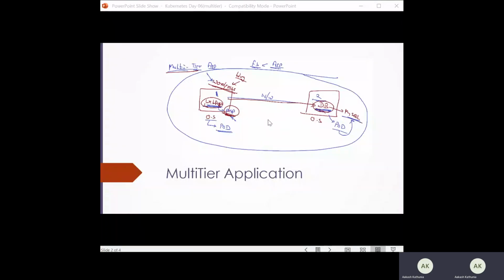So if you see here, this is a multi-tier application use case we created, where the request is coming onto the WordPress. We created the blogs and everything. It is created on the pod, and it is using the network as a connection string and hitting the request onto the database, which is also created on the pod. And this is a multi-tier application.